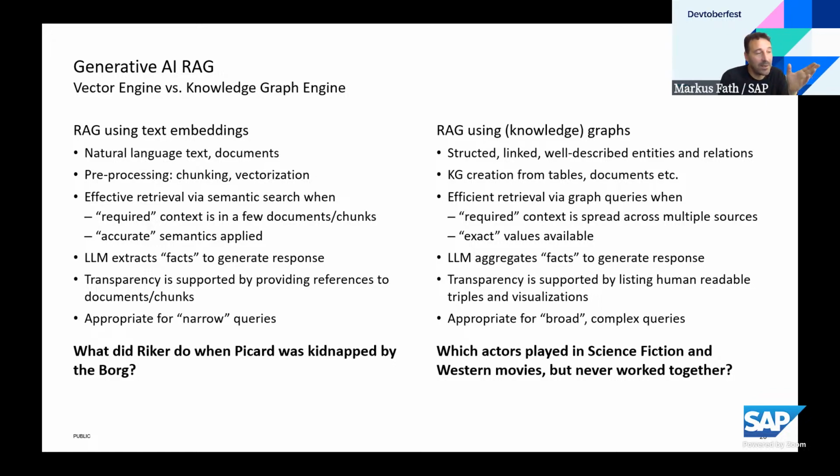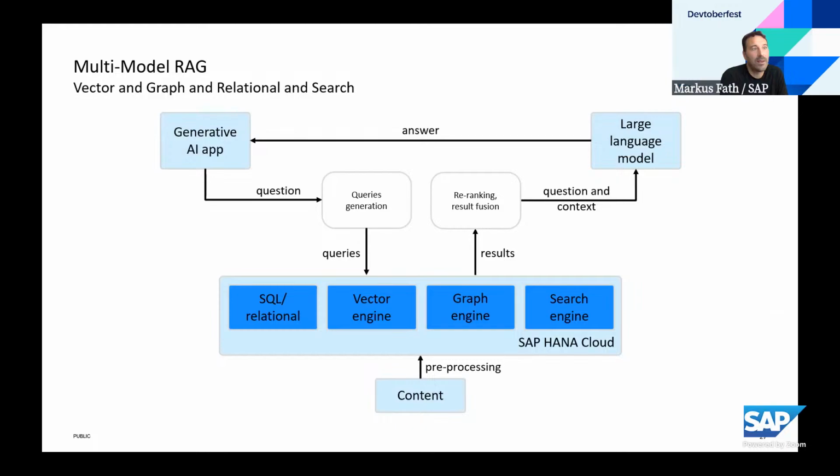Having said that, it should be clear that if we're looking into retrieval augmented generation for GenAI workflows, the question is not what is better, vector engine or knowledge graph? What is better, vector-based RAG or graph-based RAG? In the end, it will be use case dependent, and most probably we will end up in a system that supports multiple of these RAG techniques, where you essentially have a generative AI app which takes an